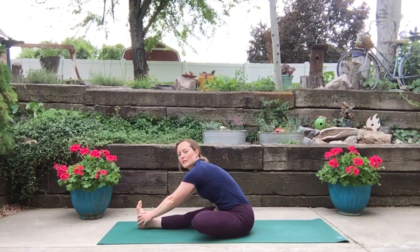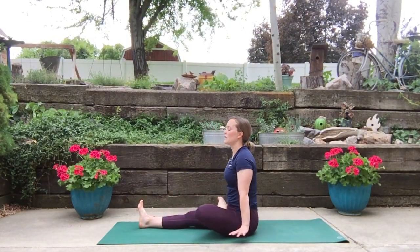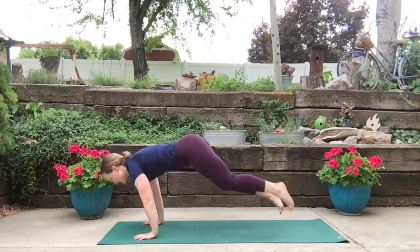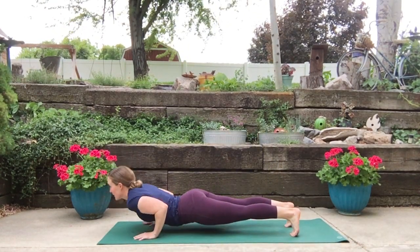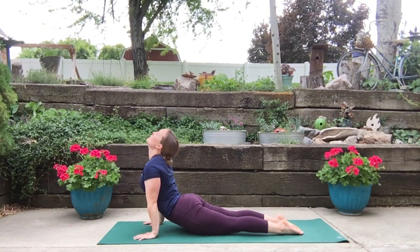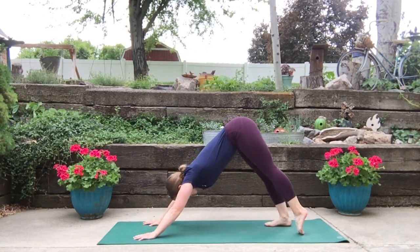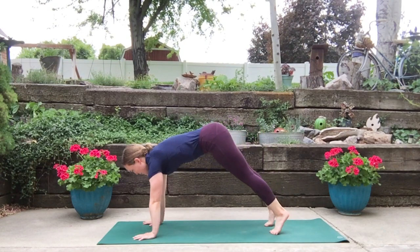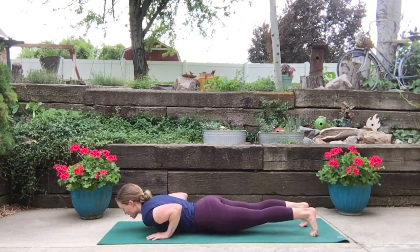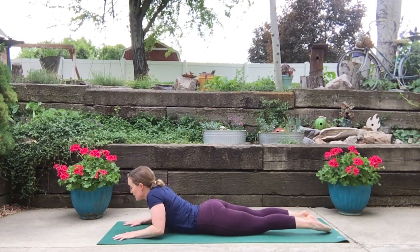Inhale, look forward. Exhale, release. Cross your ankles, plant your hands in front of you. Take chaturanga. Inhale, upward facing dog. Exhale, downward facing dog. Move into a high plank and gently lower down to your chest and come into a